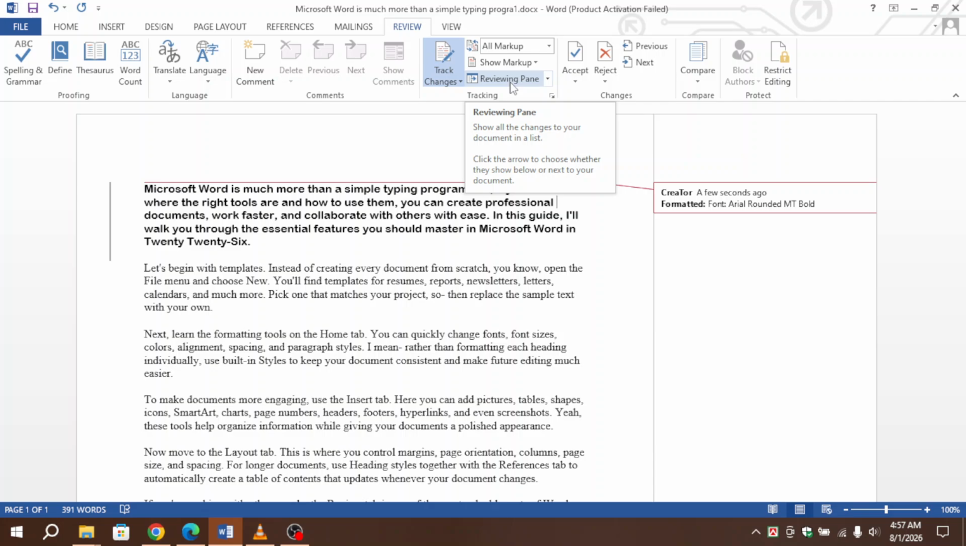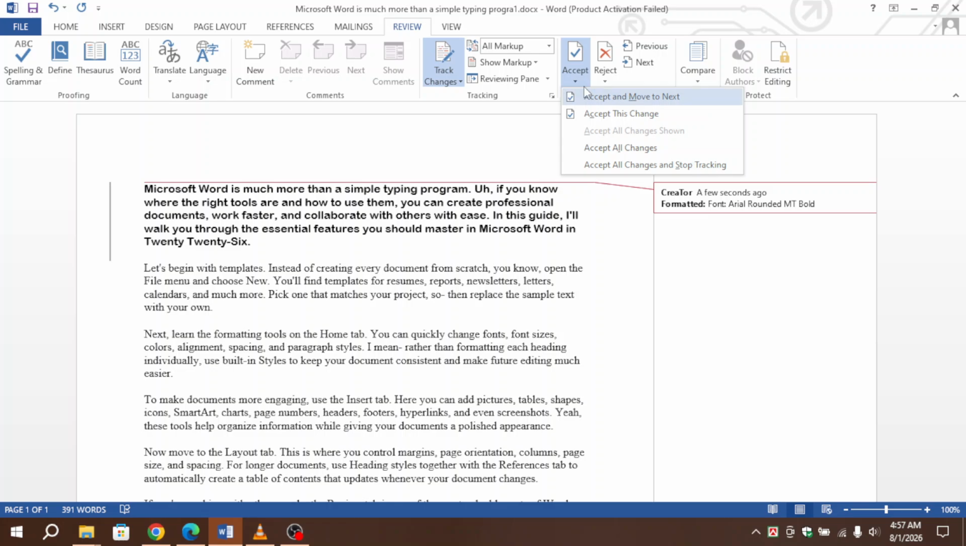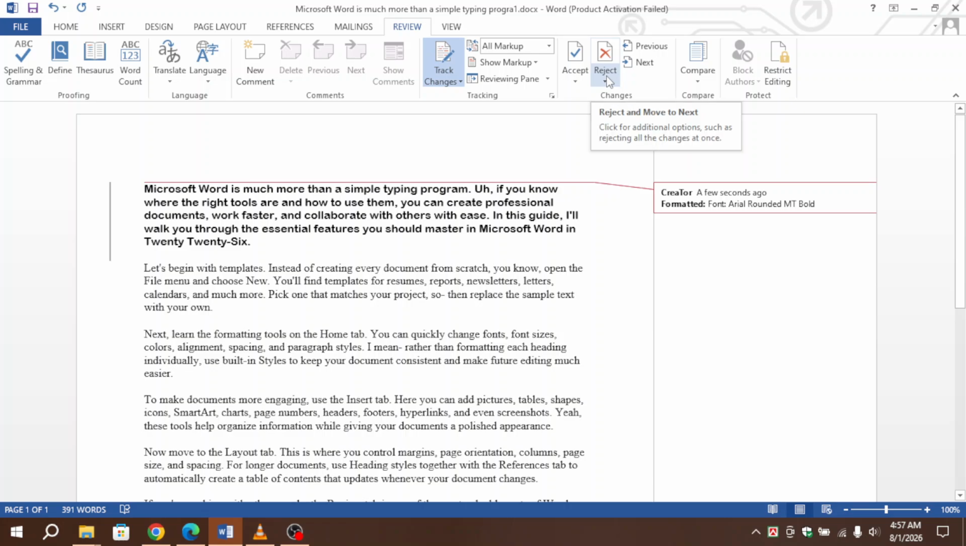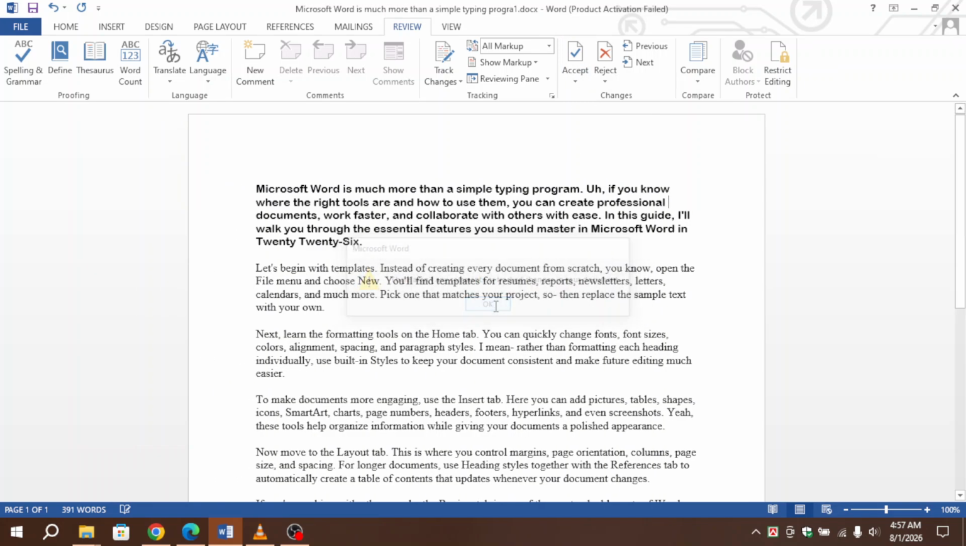When you're ready to finalize the document, click Accept to keep a change or Reject to remove it. Continue reviewing until all track changes have been processed. After that, you can turn off Track Changes if no more edits are needed, and that's how to use Track Changes in Microsoft Word. It's one of the best tools for reviewing documents, collaborating with others, and